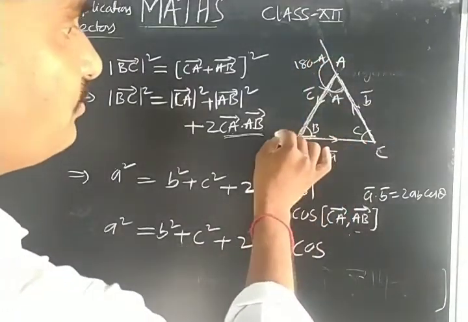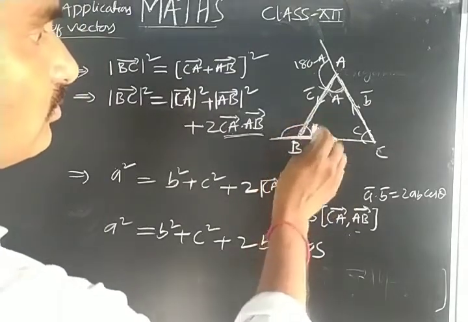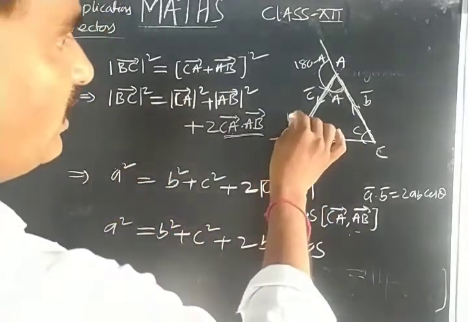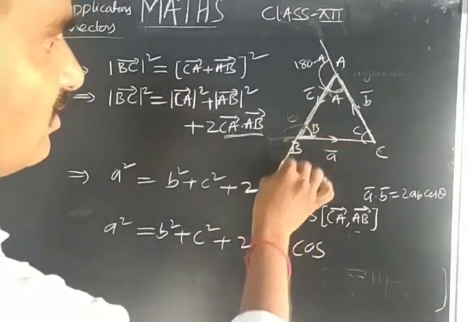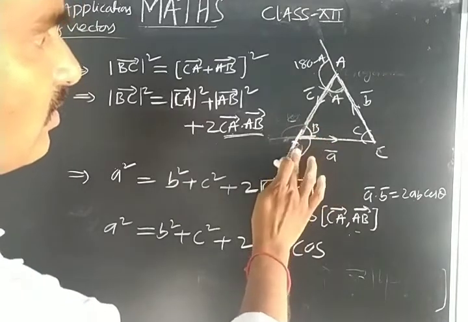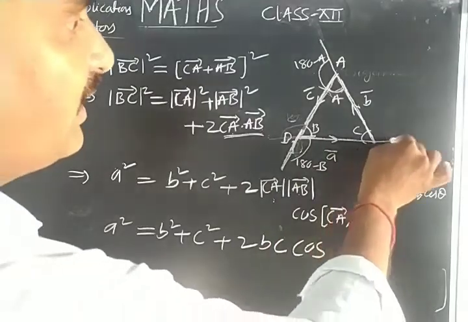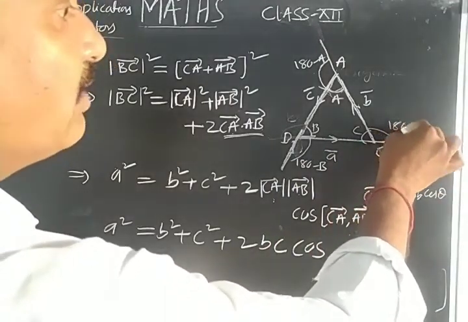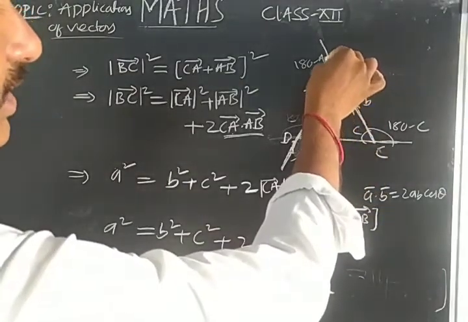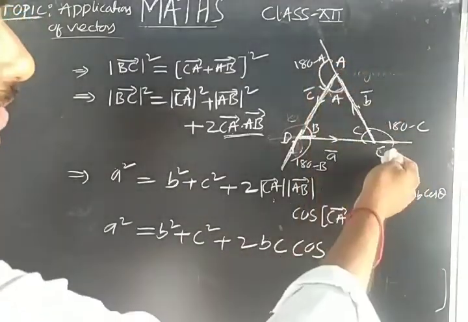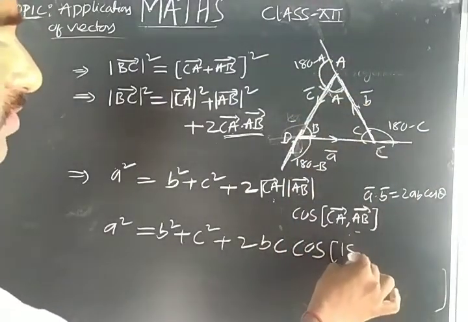By extending this, if it is B, this will be 180 minus B. By extending this, it will be 180 minus C. Okay, so I am taking the counterclockwise direction angle in between CA and AB. So what is the counterclockwise direction? Angle 180 minus